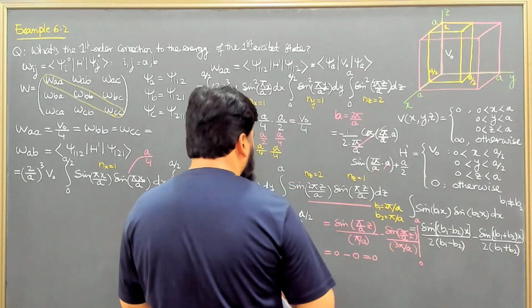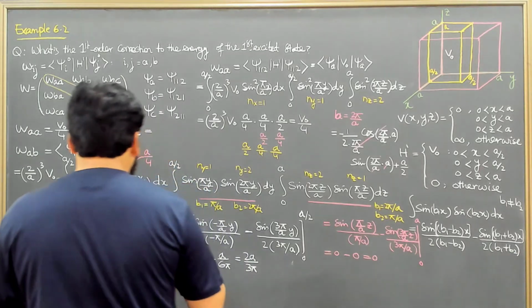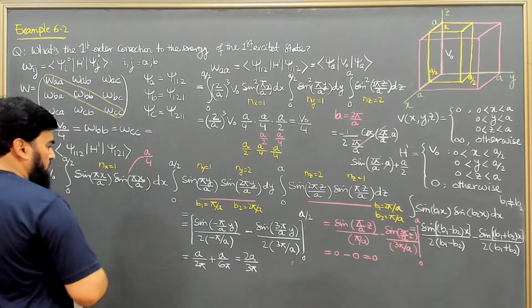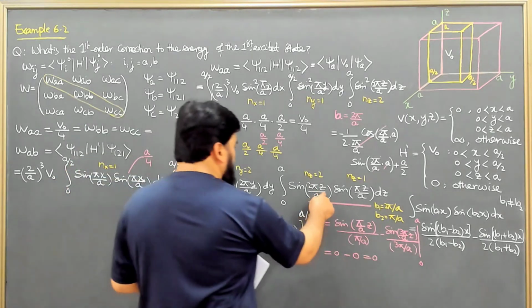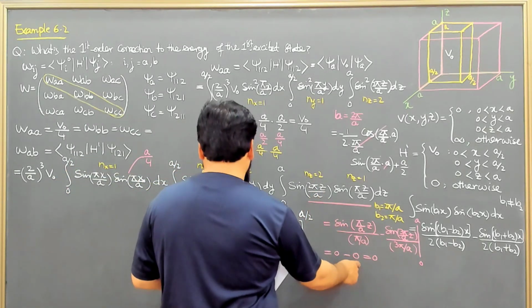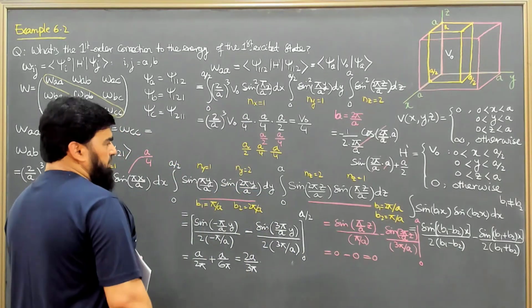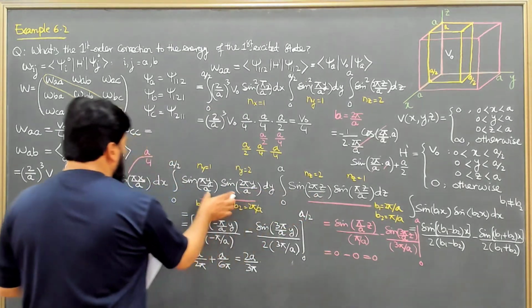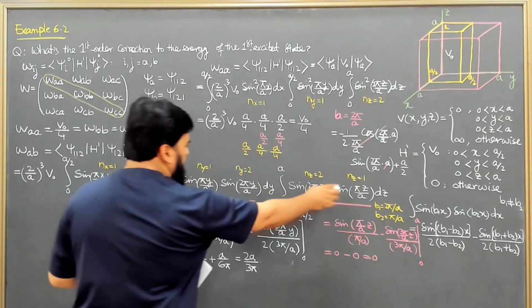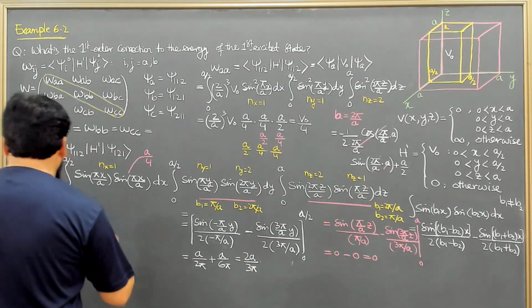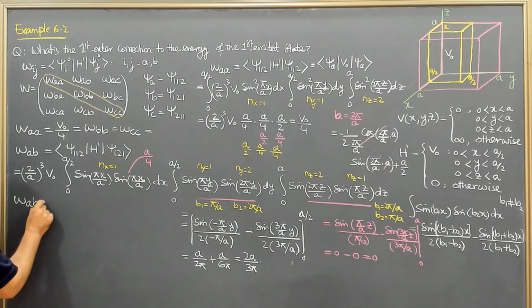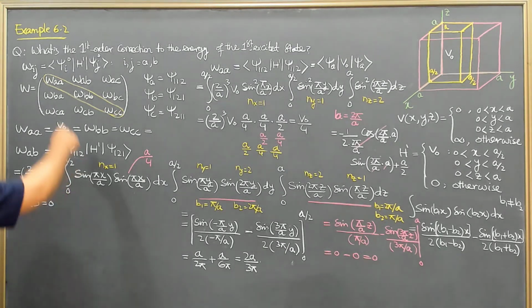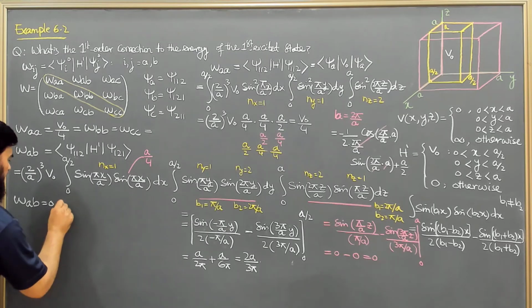So what happened actually, this has given us the result a over 4. This has given us the result 2 over 3 pi, but this gave us 0, and as they are in multiplication form, something multiplied by 0 is 0, and we got WAB equal to 0. Then its other element WBA,